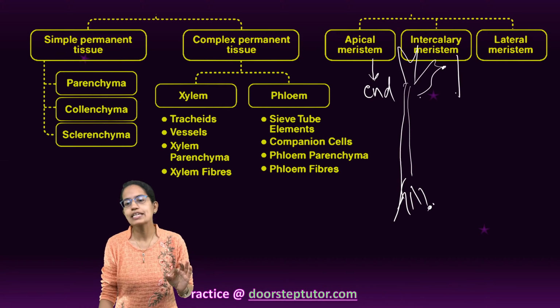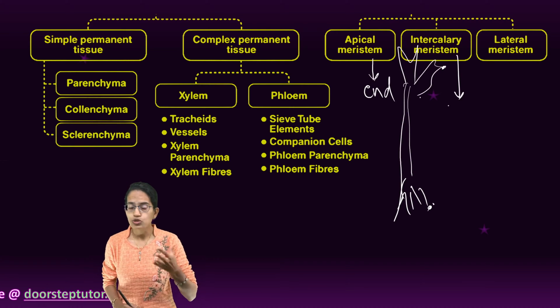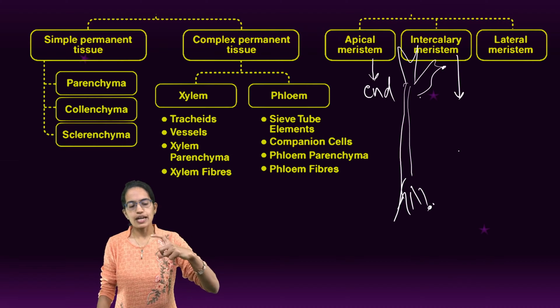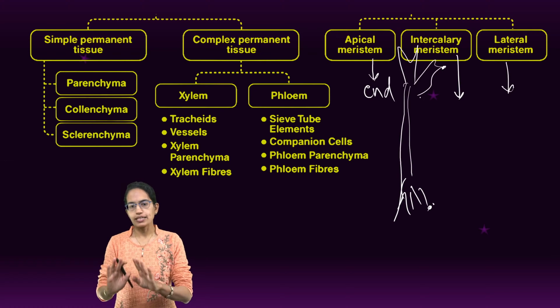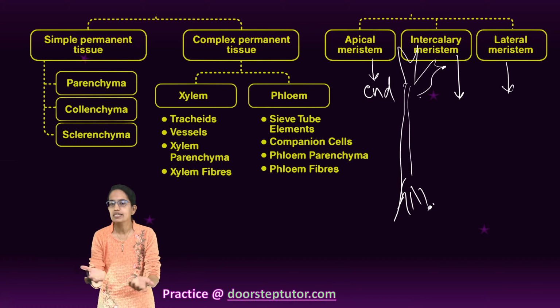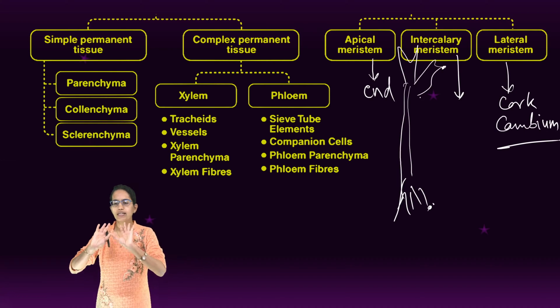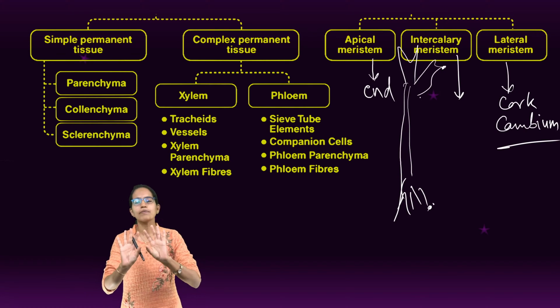The next is intercalary. Intercalary meristems are present at the internodes or the base of the leaf. Base of the leaf as in the case of pinus, and the idea is to increase the node or the length. Right? The next is lateral. Now lateral, as the name suggests, grows in radially. So what happens is the width increases. A good example is what? Cork cambium. So cork cambium of the plant explains that the width of the plant would grow, and this explains